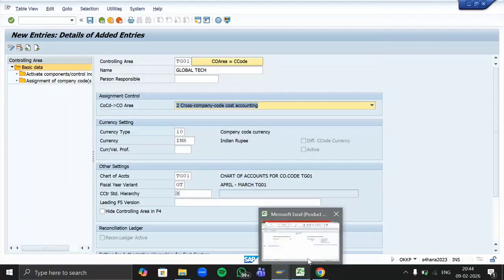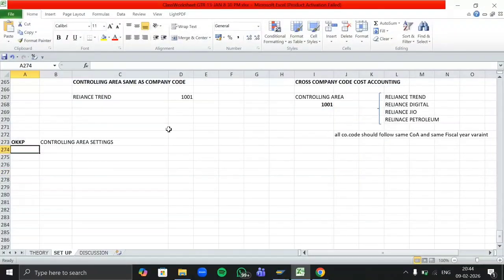Let's say our company code is TG01, and this company code TG01 has subsidiary companies. It's the parent company, and it has subsidiary company codes TG02, TG03 and TG04.